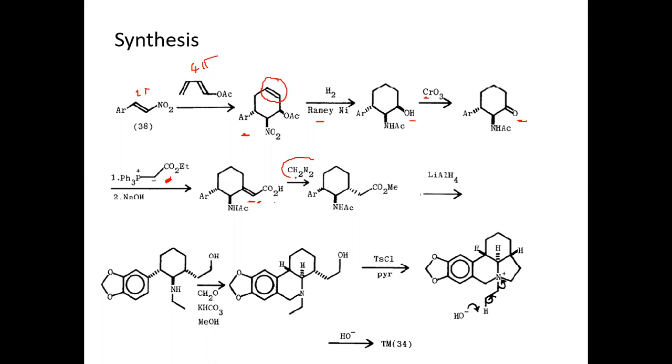Next, you know the name, what is this? What is the use of this one? It is a methylating agent. It will methylate. Here a COOH is there. We are methylating this to ester. This is acid and this is ester. Next is reduction. You know that lithium aluminum hydride is a reducing agent. We are reducing this one. Look at here, this is the ester and we are reducing this into alcohol.